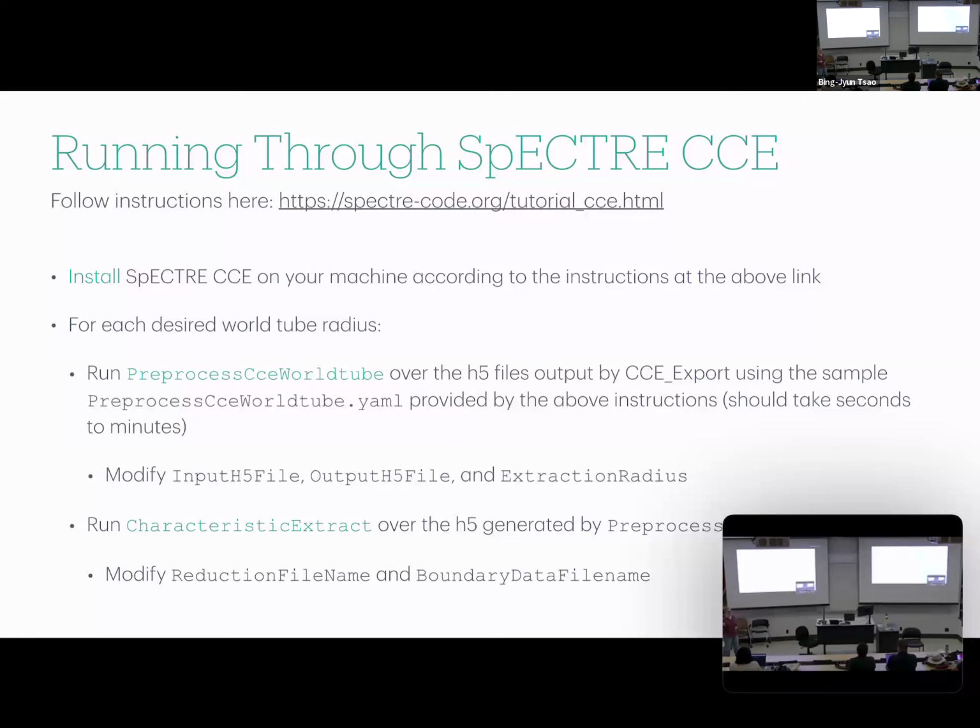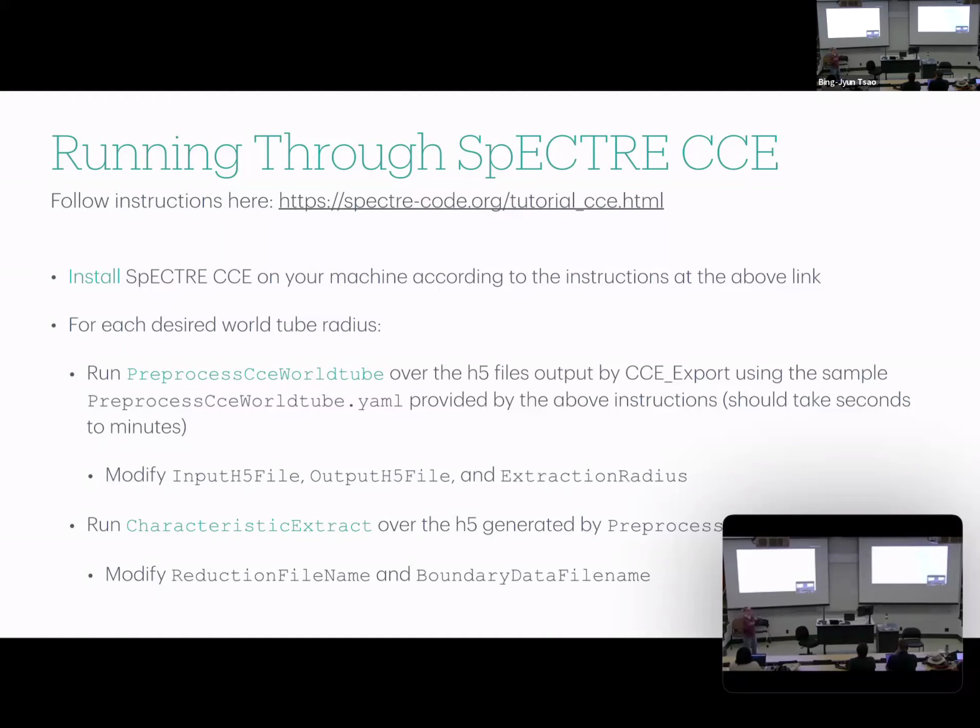But they have another format that's the Bondi-Sachs variables, and that's what they ultimately want to use. So what this pre-process that they provided actually does is twofold. One, it converts the data into that format.